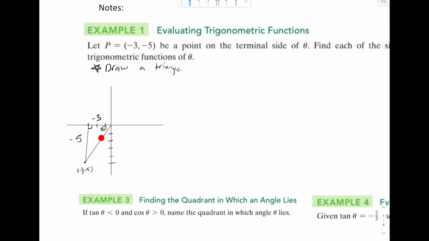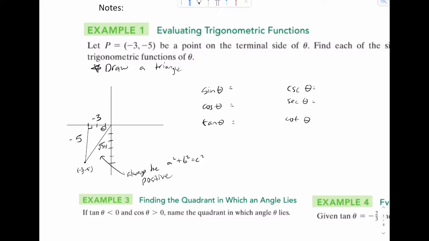However, the hypotenuse, that actually is a distance, so this thing will actually always be positive. So again, you gotta remember that the legs of the triangle, these are components, can be negative. Hypotenuse, that's always gonna be positive, but also that'll happen anyway when you do your math because you're gonna square everything, the Pythagorean theorem. So do Pythagorean theorem and you're gonna get the square root of 34, and now we can evaluate everything. Let's write our trig functions here, sine, cosine, tan, then cosecant, secant,